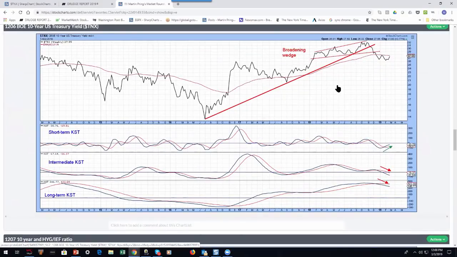So here's the 10-year yield again. Now we're looking at a more recent chart going from the last 5 years or so. You can see that uptrend that we saw in the previous chart has been violated. The yield also broke down from a broadening wedge. The wedge is the idea that it's kind of like a reverse triangle, where in a triangle, the two marking lines converge. With the broadening wedge, they diverge, and that indicates a